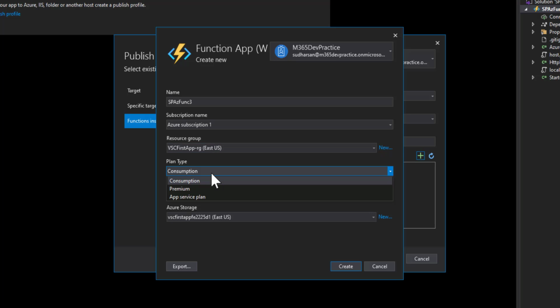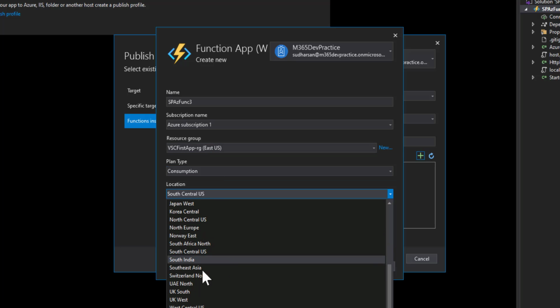and there are different plans. The best option, in order to try some Azure function, is to choose the consumption plan. Instead of going for premium or app service plan, try to choose the consumption plan for a trial and error method.